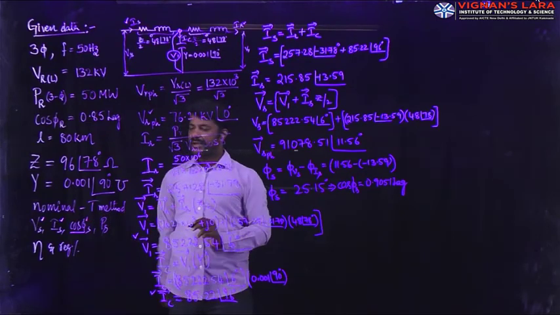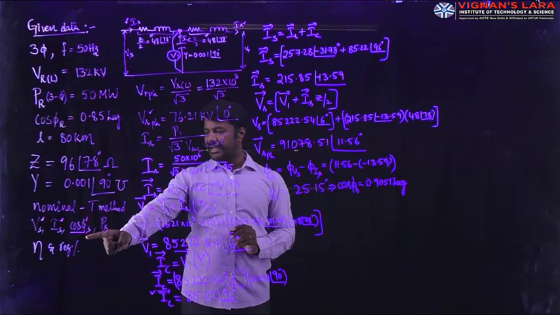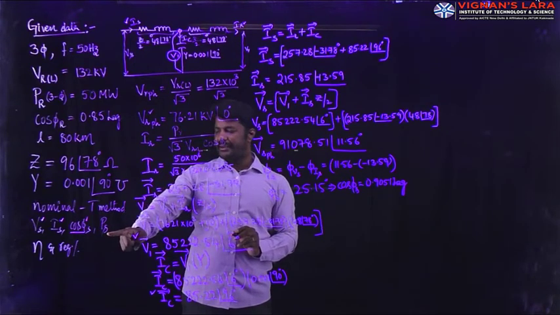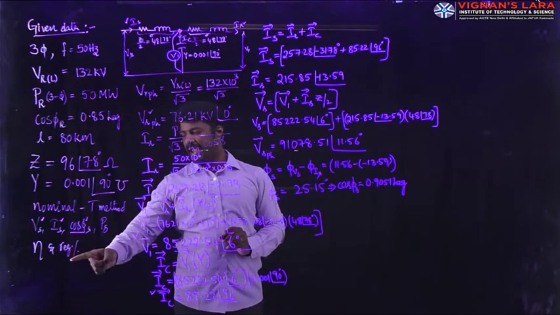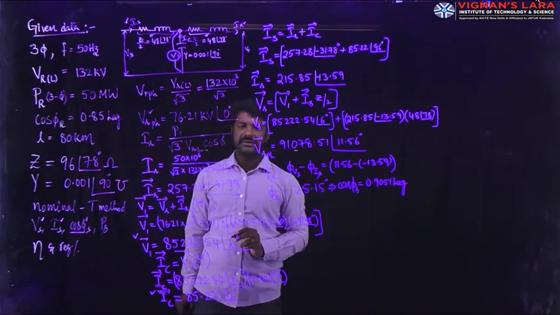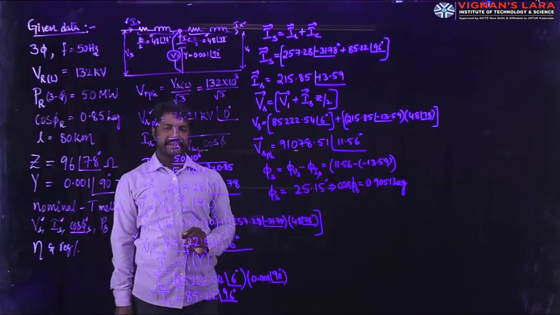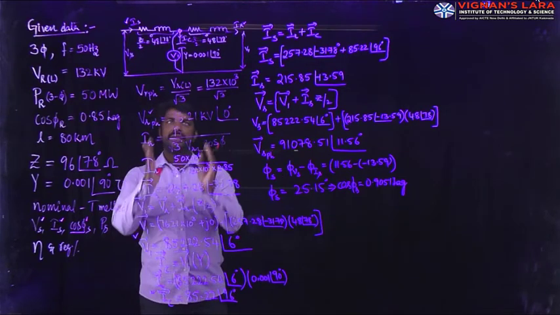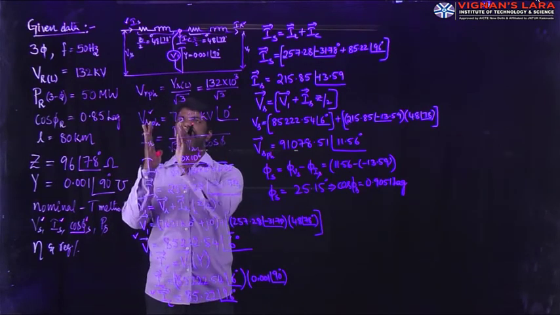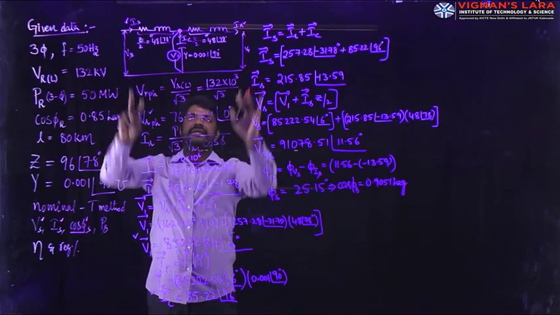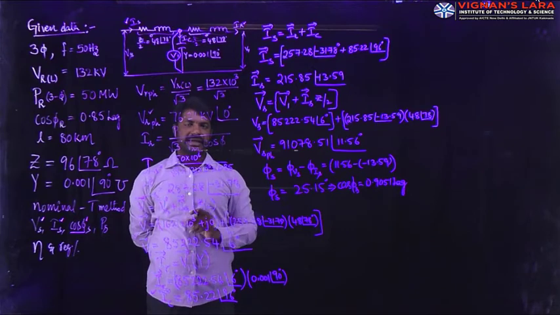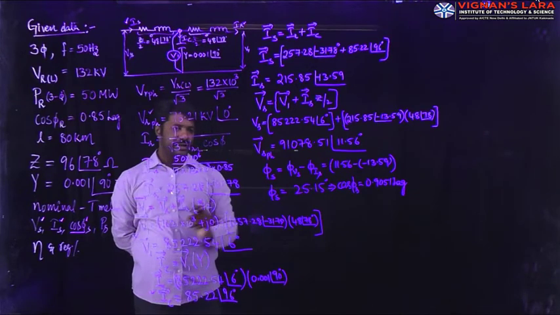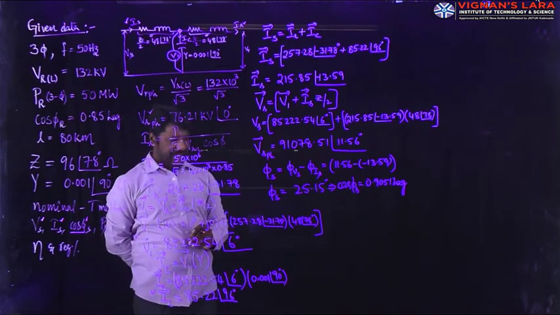Out of the calculating steps, Vs, Is, and cos phi s are completed, and we still have to calculate the power on the sending end side, PS, efficiency and regulation. Three more terms are left over to calculate. Once the quantities on the receiving end side and sending end side are obtained, it is very easy to find the performance parameters, efficiency and regulation. So let us find the power on the sending end side directly.